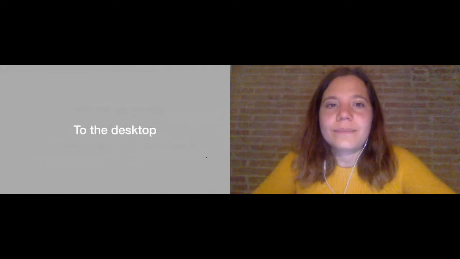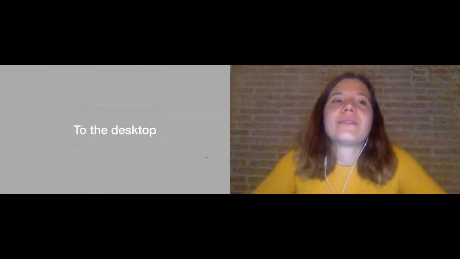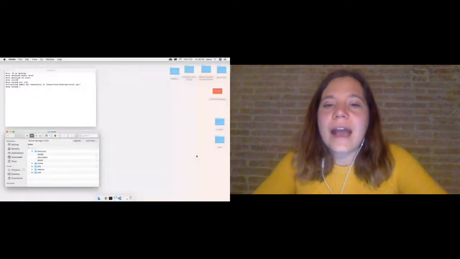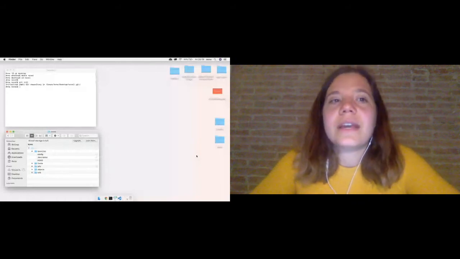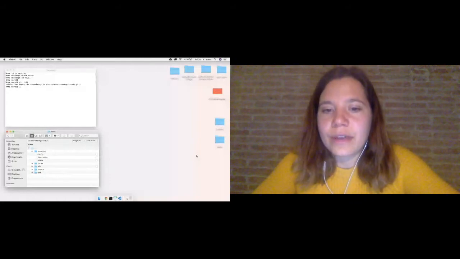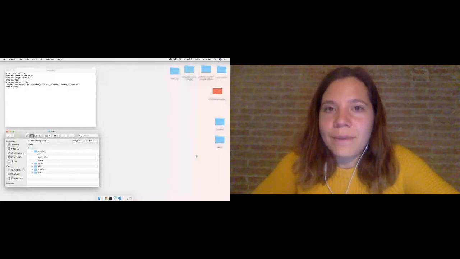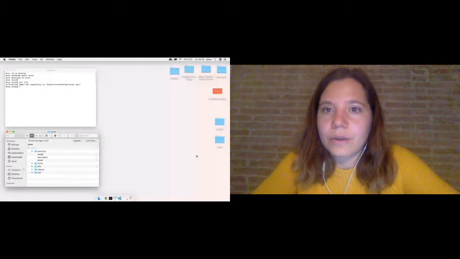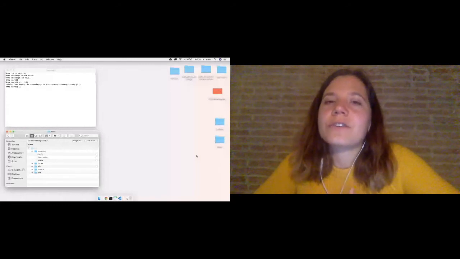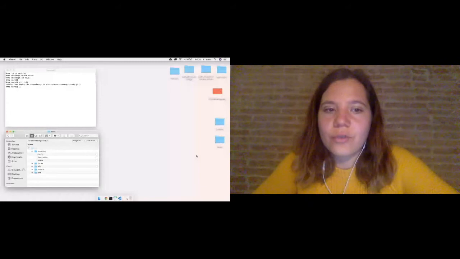So the very first thing that we want to do in our project folder now is to add our very first file. In order to do that, I'm going to use a source code editor called Visual Studio Code. I'm opening it up. I'm going to open up the novel folder. We can see that there's no files in my project.